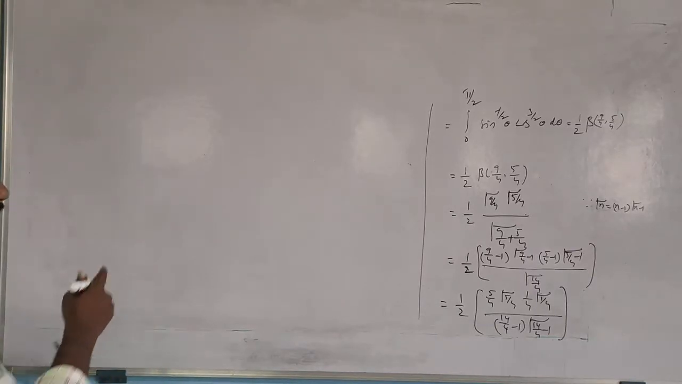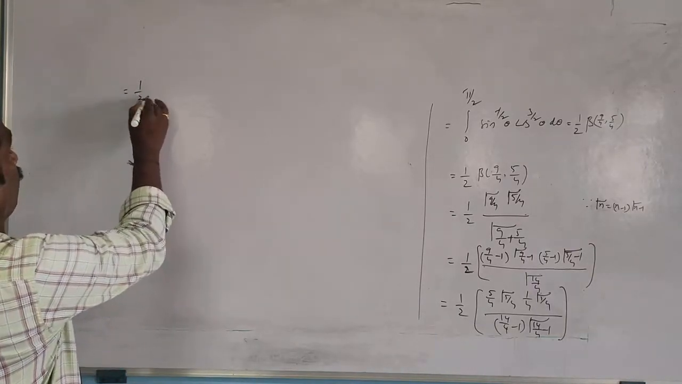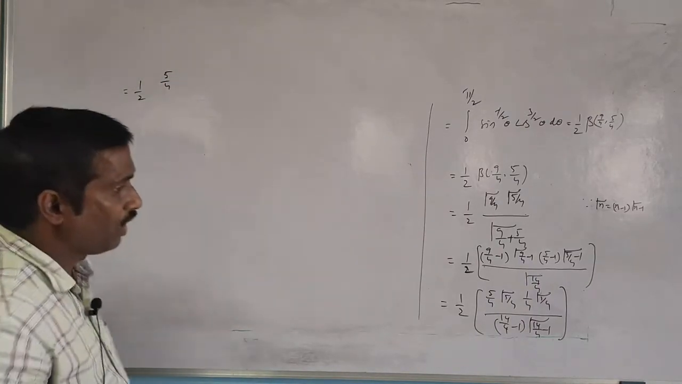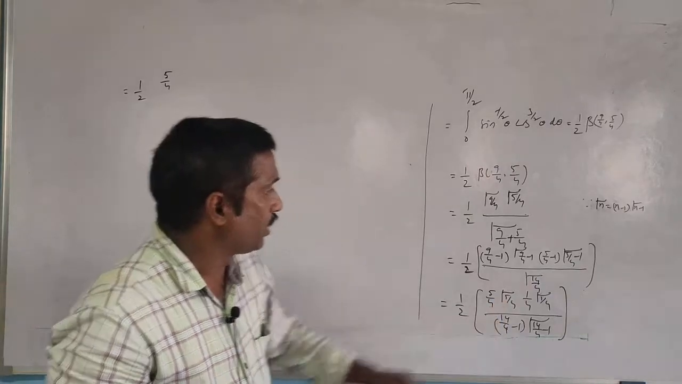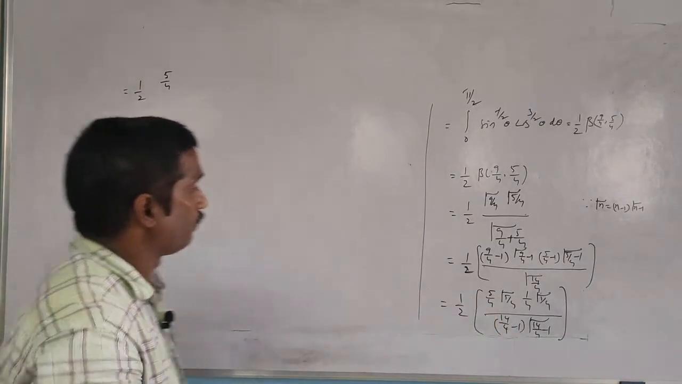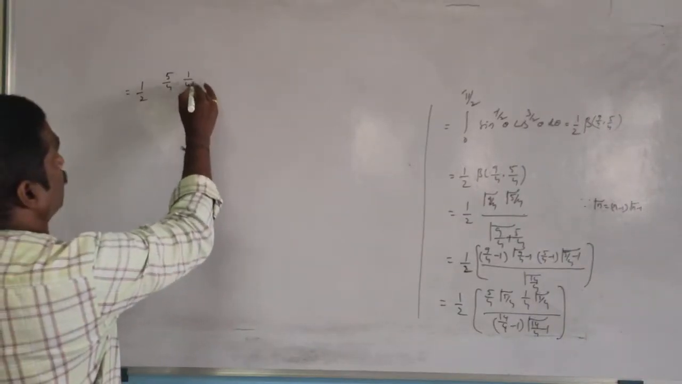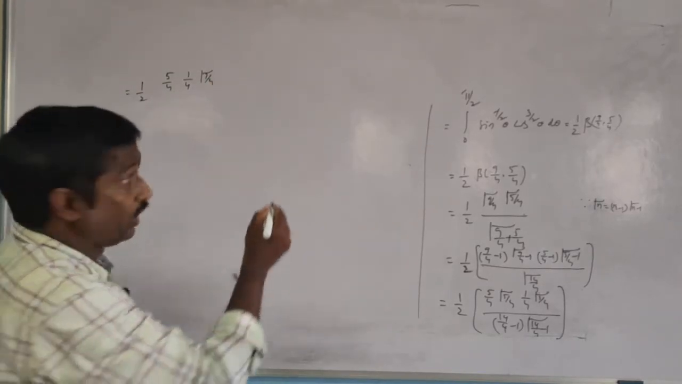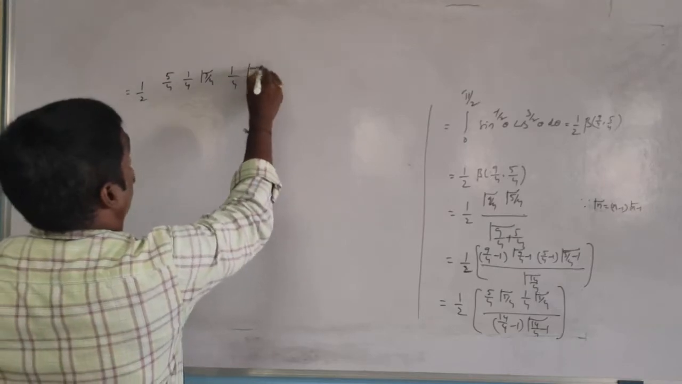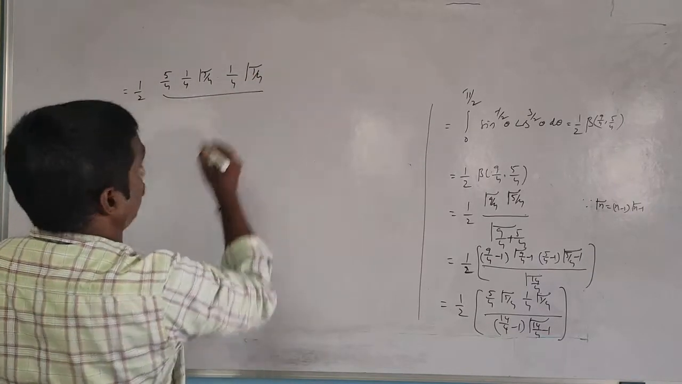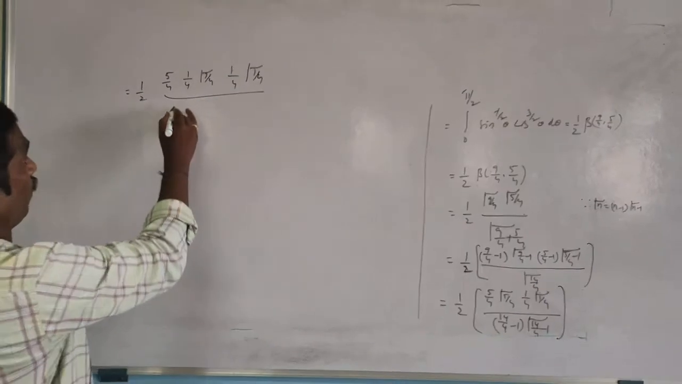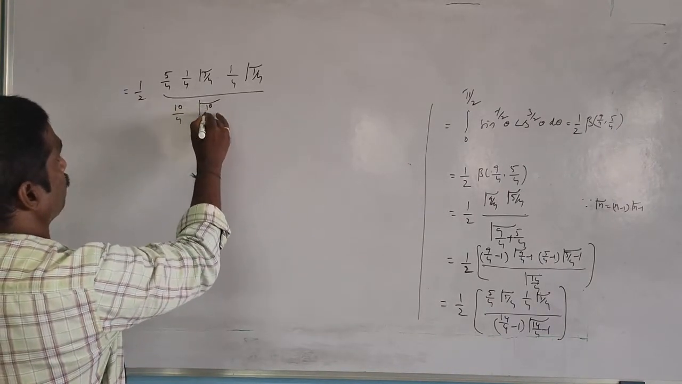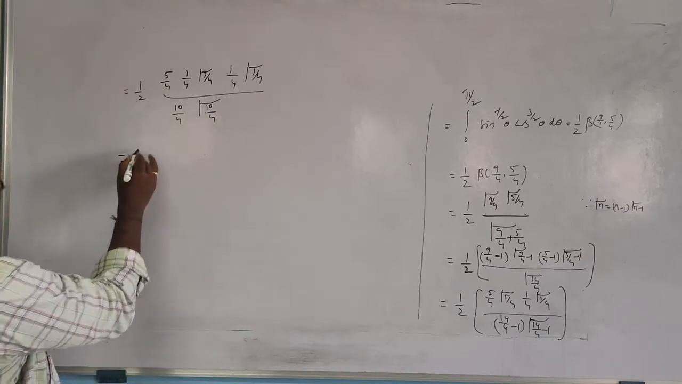So that equals 1/2 of 5/4. So gamma of 5/4 can be written simply as 1/4 into gamma of 1/4. So 1/4 into gamma of 1/4 into 1/4 into gamma of 1/4 by 10/4 into gamma of 10/4. That equals 1/2 of